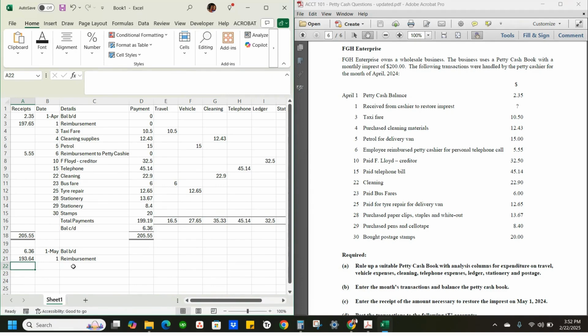So I hope that this comprehensive question gave you a good idea of what needs to be done whenever you're completing a question where you have to reimburse that float at the beginning of the month. It's slightly different to what you do when you have to do it at month end, right? Because remember, with this one, we had to balance the books first and then bring that balance down before we did the reimbursement. Whereas the other way, whatever information we have, we would do